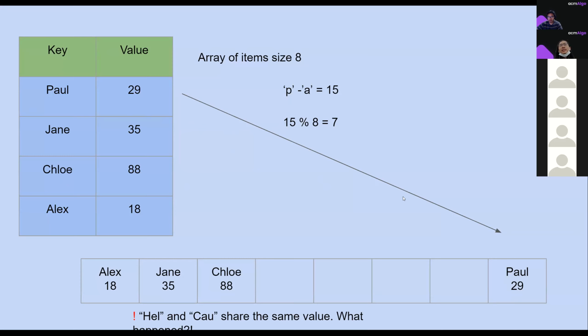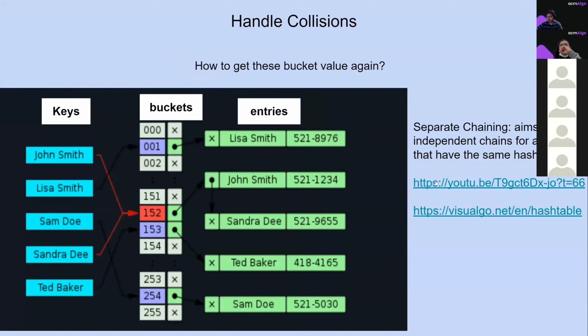So we go to the next slide. Today I will mention the common one. The name is separate chaining, which aims to create an independent chain of ordered items that have the same hash index. So if you look at this example that I point out right here, for example, we have, in the past, John Smith,